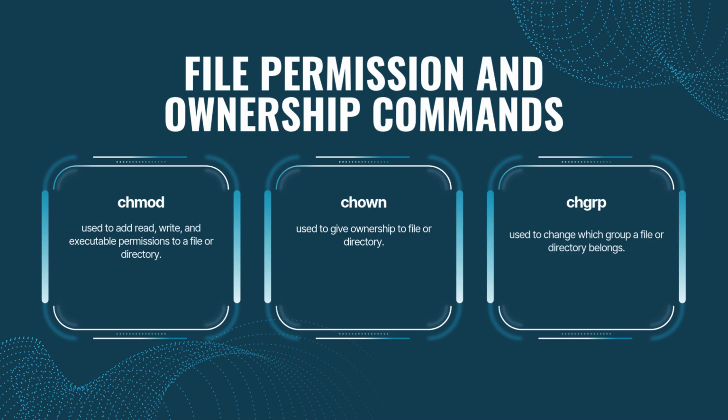Every file and directory in Linux has 3 sets of permissions: user, group, and others. And for each of those, you control read, write, and execute access. It's super granular, which is great for security. For example, a system log might be readable by a group, but writable only by root. That way, no unauthorized users can alter it.